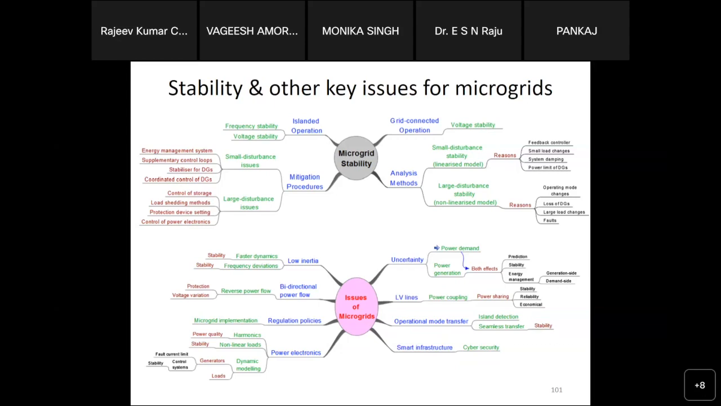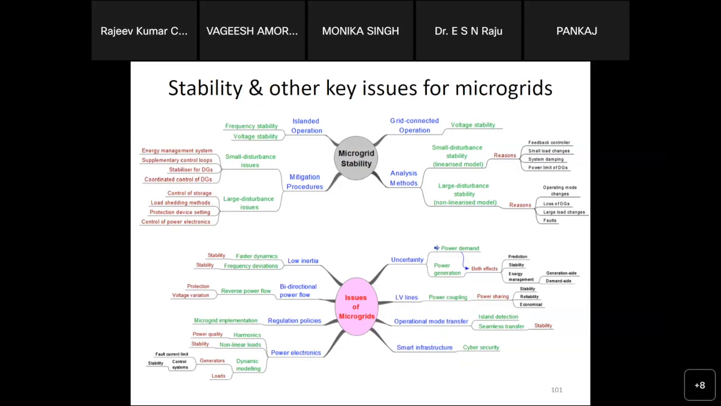When we see the mitigation procedures, where we can work: if we see the small signal disturbance issues, we can use the energy management system to mitigate the small signal disturbances. We can go for the development of supplementary control loops. We can go for the development of stabilizers for the DCs. We can go for the coordinated control of the DCs. And coming to the large signal disturbance,